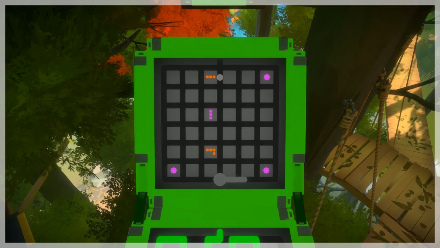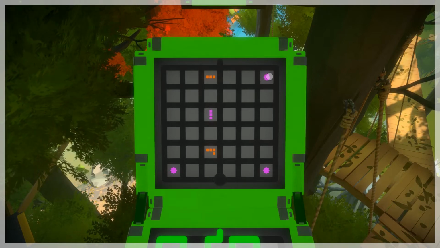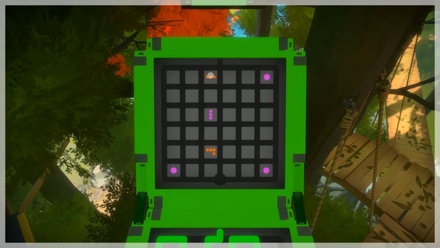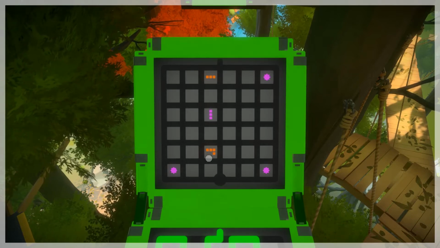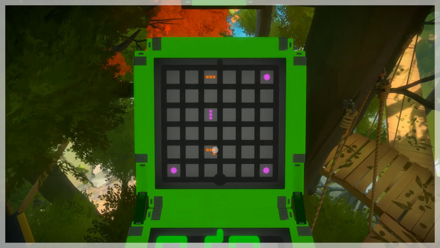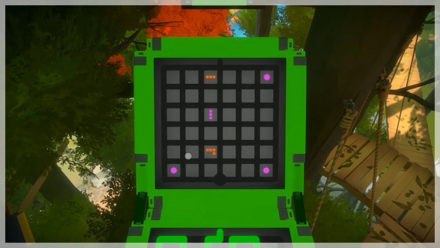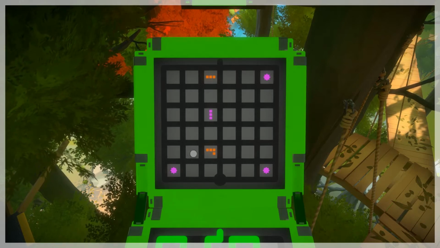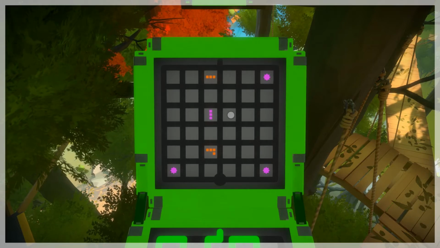So 1, 2, 3 allows me to end the blocks here. So this could be 3. 3, 3. Wow. The issue is that these are spread apart, and that's a problem. Oh, okay, actually that tells me something then. 1, 2, 3, 4, 5. Okay, so that tells me then